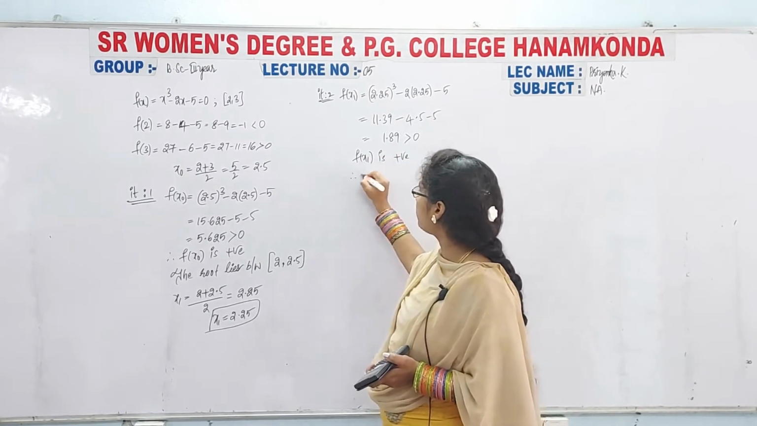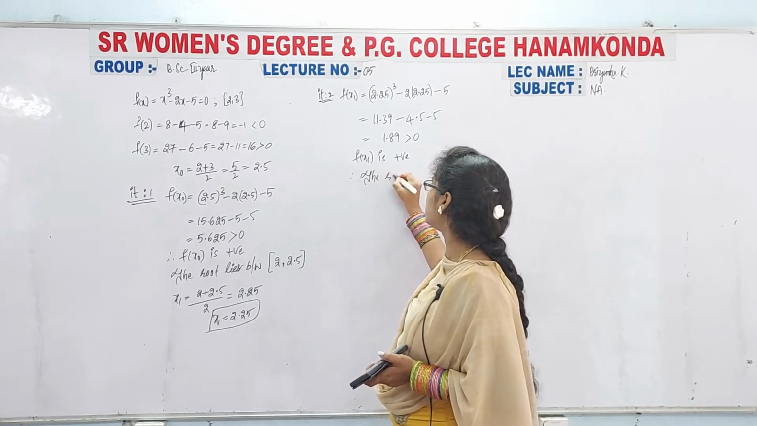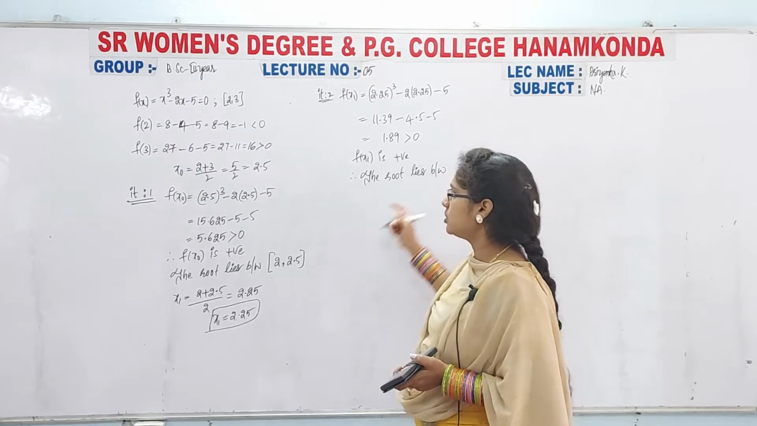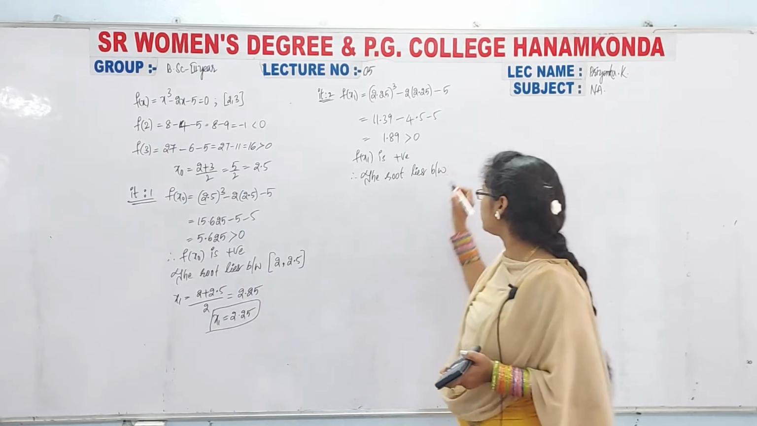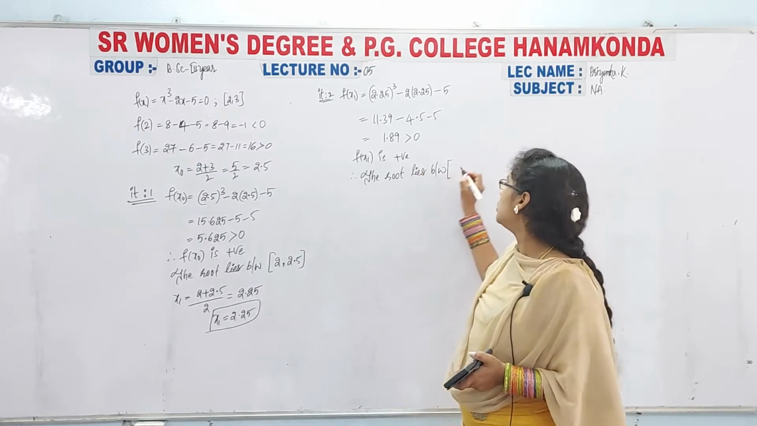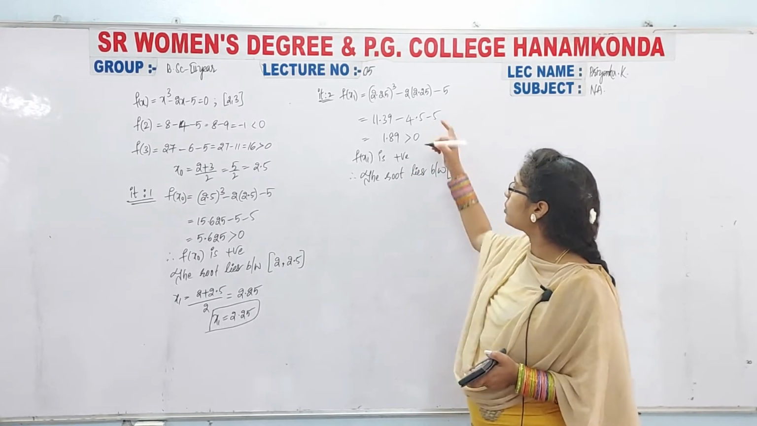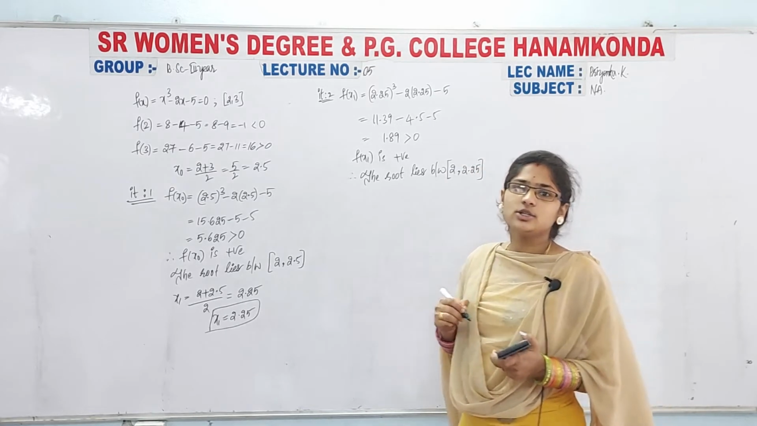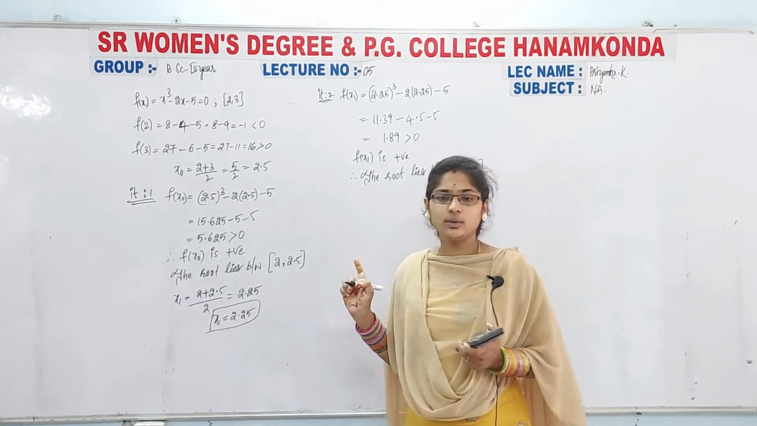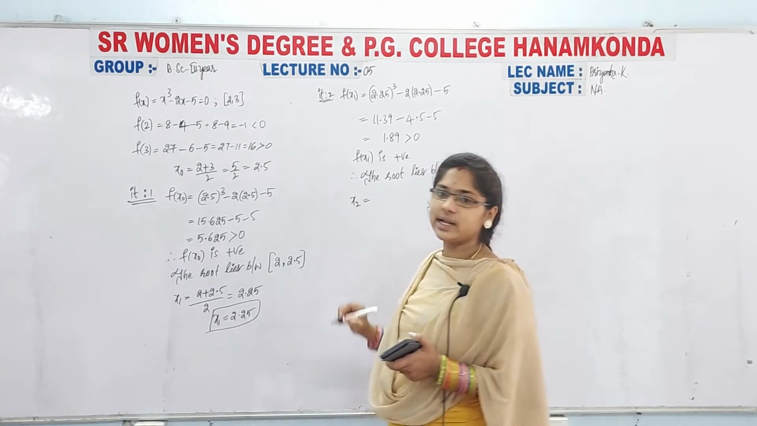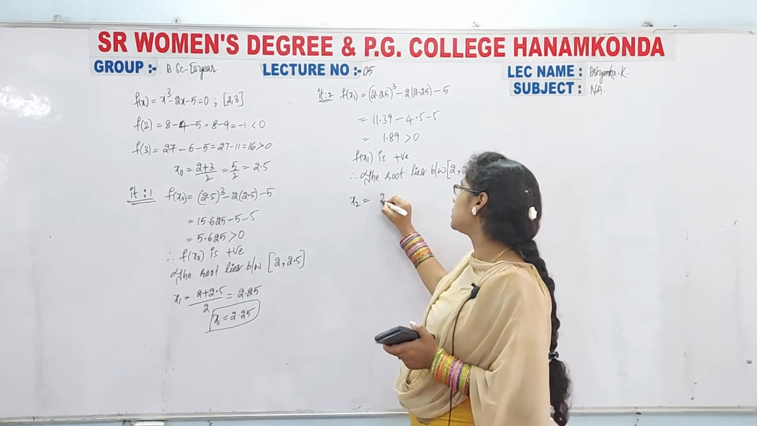So therefore what we have to say? The root lies between. Where does the root lie? We have to take one negative value and one positive value. It is positive, no? So now the negative value is 2 and the positive value is 2.25. Clear? So now the new interval is nothing but 2 comma 2.25. Next, what we have to do? We have to calculate x2. So x2 means 2 plus